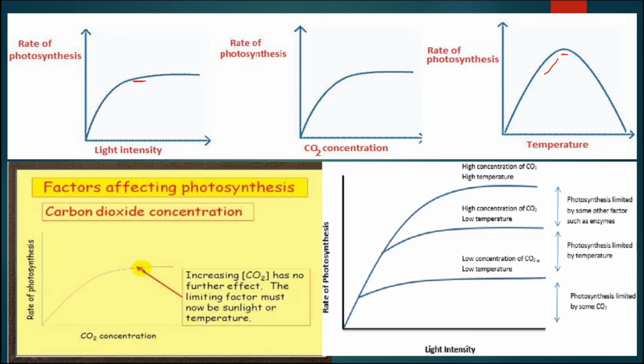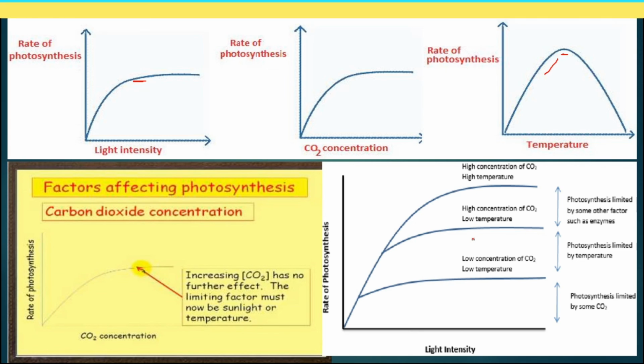Here we have low concentration of CO2 and high concentration of CO2. Where both temperature and CO2 concentration are high, the rate becomes higher. Here, the CO2 concentration is high but the temperature is low, so the rate of photosynthesis is less. Here, CO2 concentration and temperature are both low, so the rate of photosynthesis is less. So, these three are being compared with each other, which means all the factors should be in high quantity for the rate to increase. When we increase only one factor, the other factors become limiting and the rate of photosynthesis will not increase.